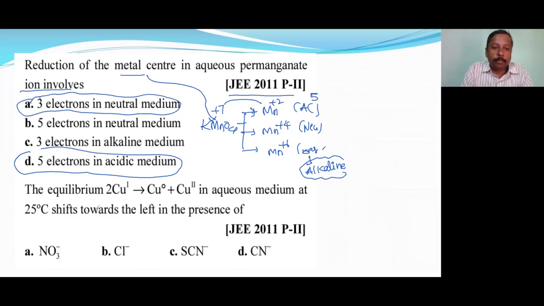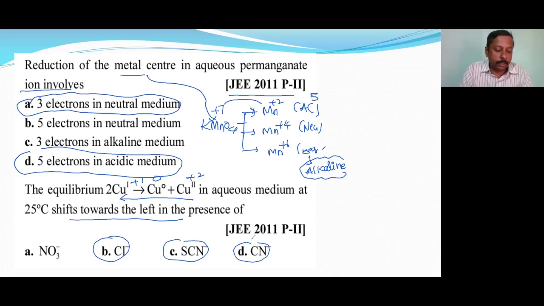Now a very important question. Next, this is also more than one correct, so answer accordingly. Here is an equilibrium. This is at the +1 oxidation state, this is at the +2 oxidation state, this is at the 0 oxidation state. In aqueous medium, it shifts towards the left in the presence of which species? When will it shift in this direction? Is it understood? Answers are B,